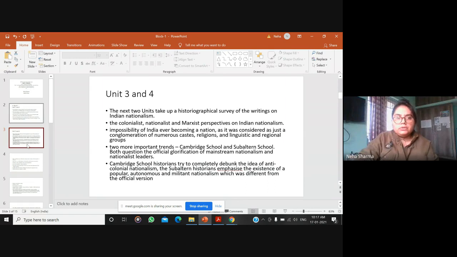So units one, two, three, four: one is about the general understanding of what nationalism is, definitions, and various aspects. The second unit is how the African and Asian countries created their own national ideas, the philosophies of what should be a nation, and